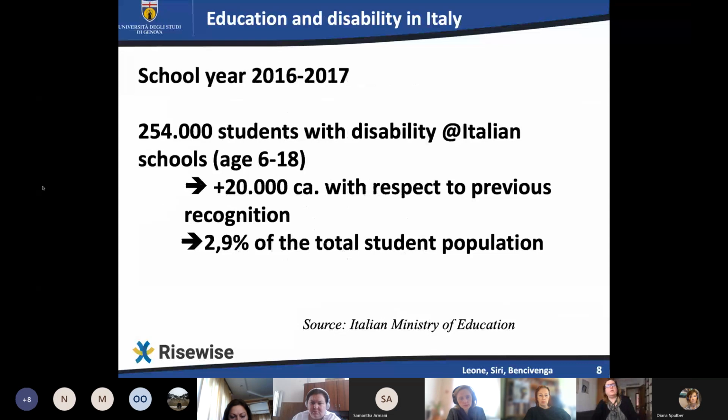Here I report some data about education and disability in Italy, and I'd like to say that education was one of the environments or themes analyzed by RiseWise, and I will explain later on. Four school years ago, the number of students with a disability was around 250,000. They are increasing in number, but